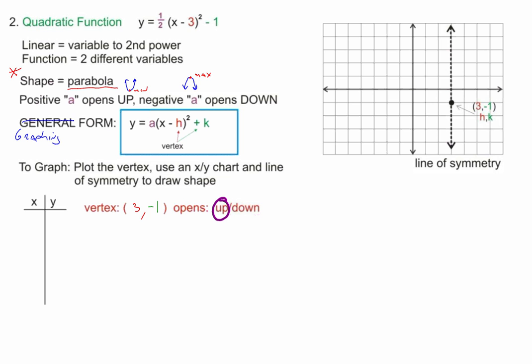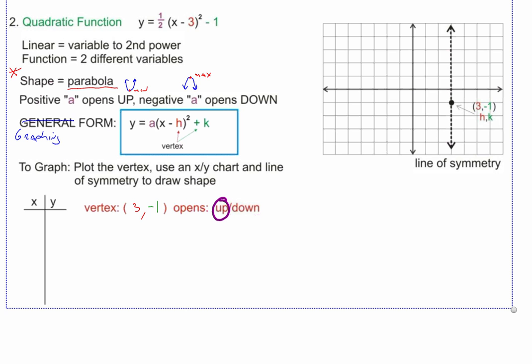Okay, so I know my vertex is at 3, -1. I know my line of symmetry is right there, which would be actually an x value of 3. If I were to write the equation of the line of symmetry, it would be x = 3, a vertical line. By the way, this was on your test: infinite slope, the line of symmetry, no y-intercept on vertical lines. Okay. So anyhow, how do we graph it from here in the XY chart? Now, let's apply what we learned with